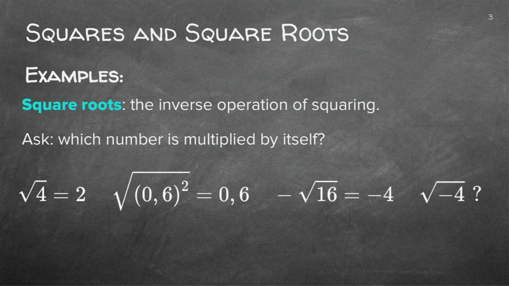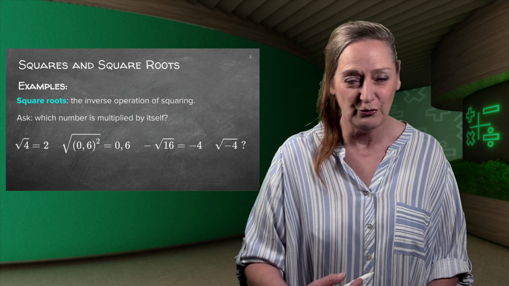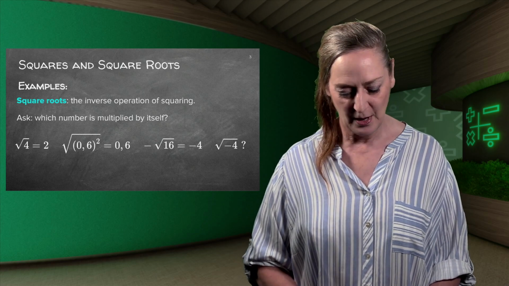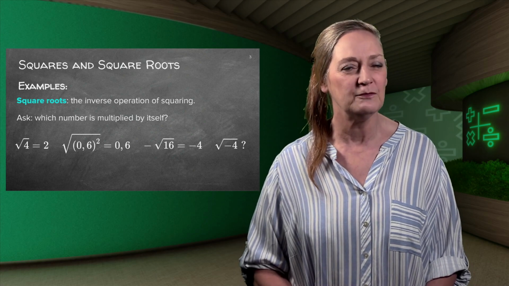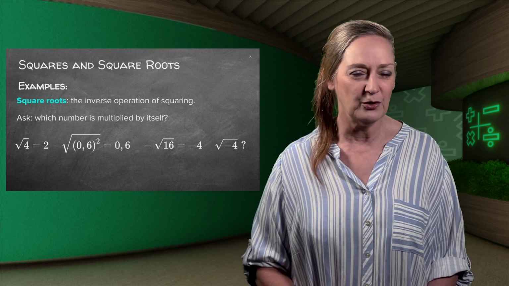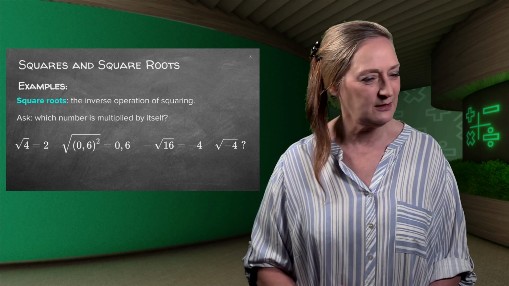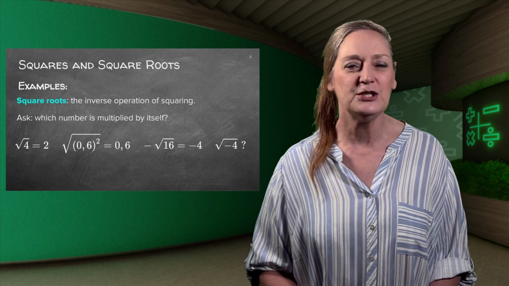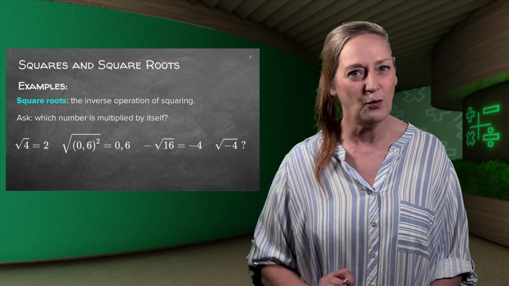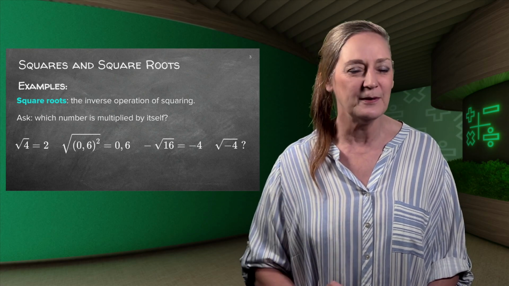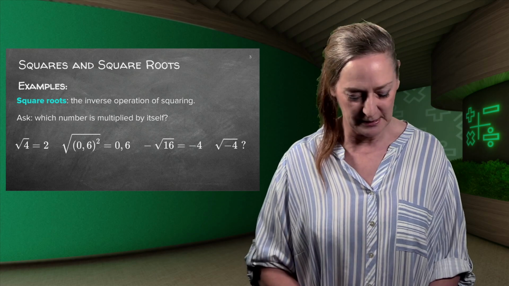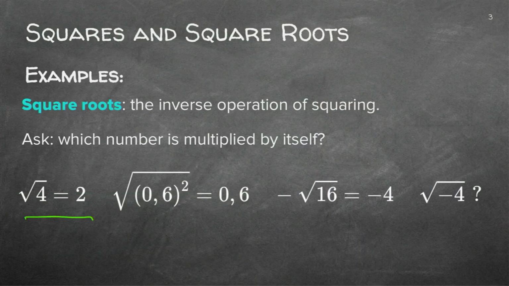Now the inverse process of squaring a number is square roots. So it's the other way around, a reverse process. And you're going to ask yourself which number was multiplied by itself, because that number will now be your answer. I know you can get the answer on a calculator, but I need you to understand exactly what it is. The answer is basically that number that you have squared with itself. So the square root of 4 is 2.